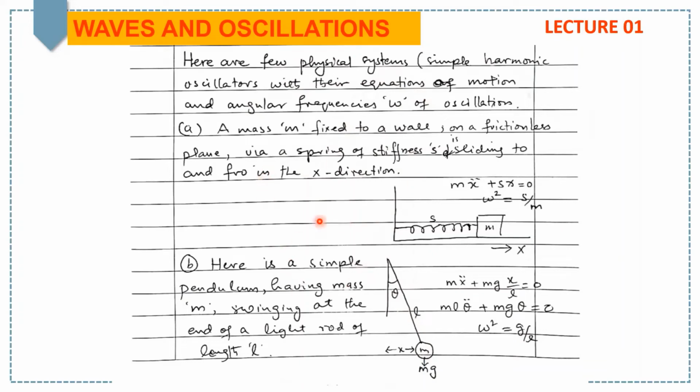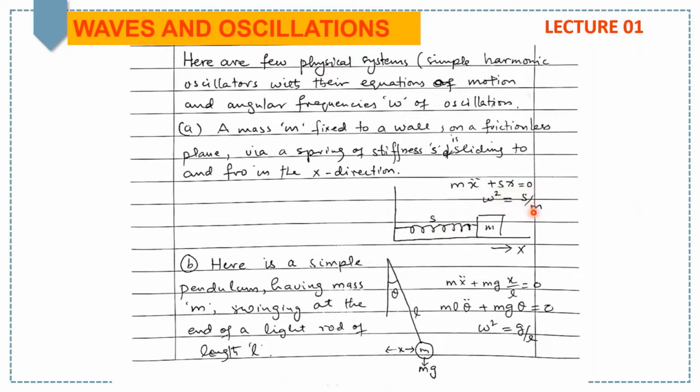Hello students, here we have a few physical systems which are simple harmonic oscillators, with their equations of motion and angular frequencies omega of oscillation. The first one is a mass m fixed to a wall on a frictionless plane with a spring of stiffness S, and the mass is sliding to and fro in the x direction. Such a system has an equation of motion like m x double dot plus S x equals 0,